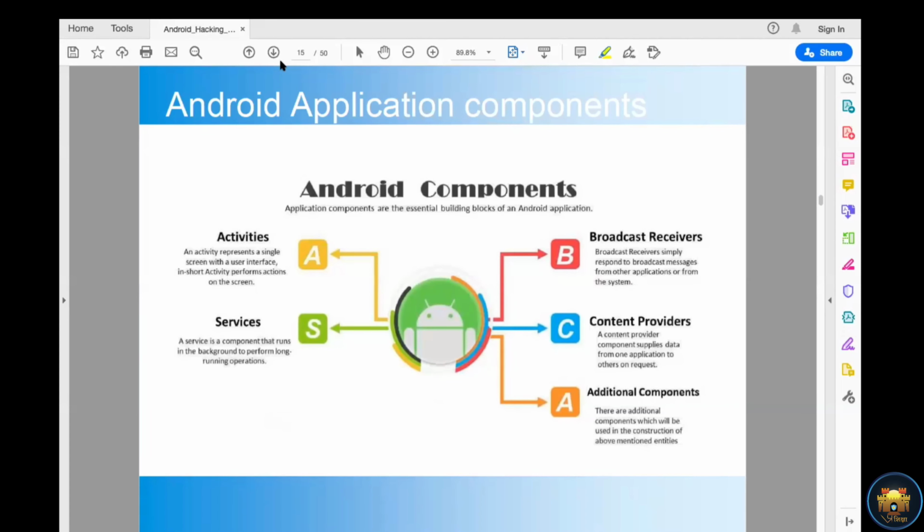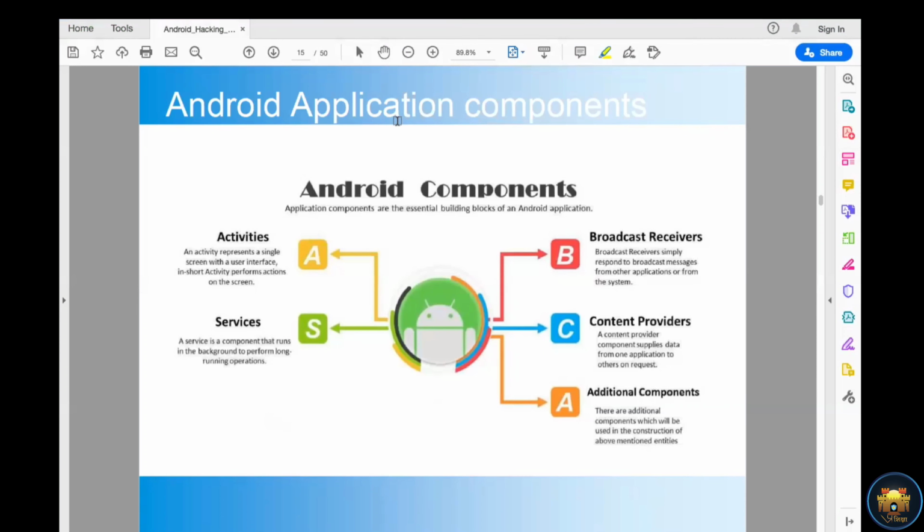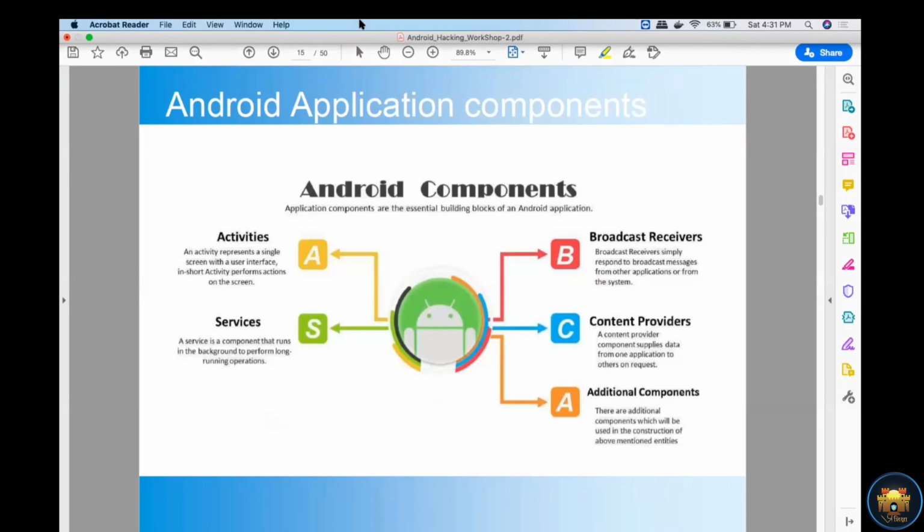If you send a message, that is another activity. In a financial app, logging in is one activity, doing a transaction is another activity, and viewing transaction history is another activity. So these are the activities.